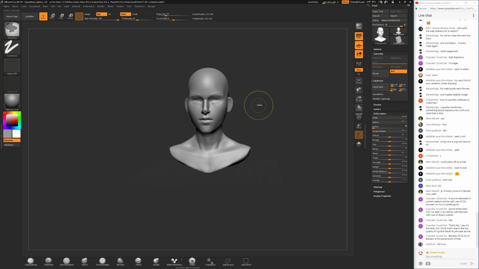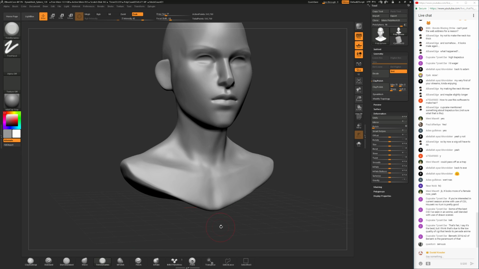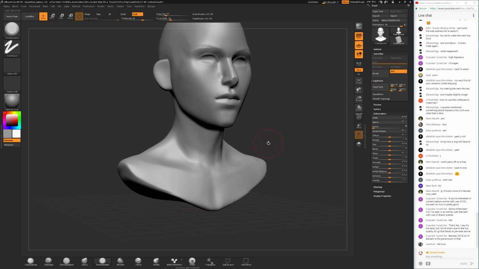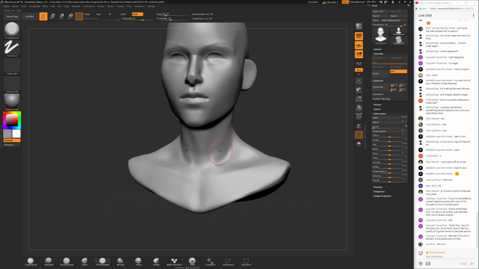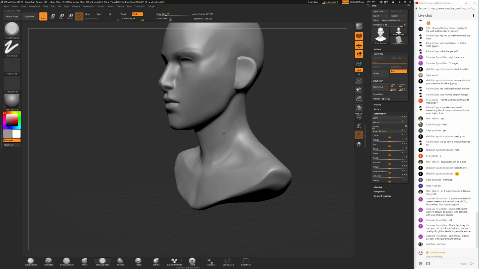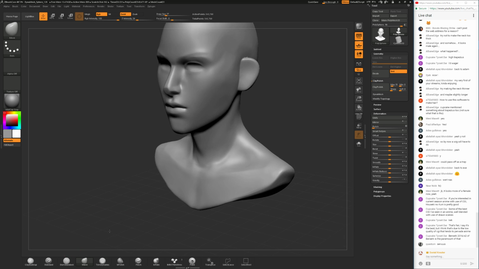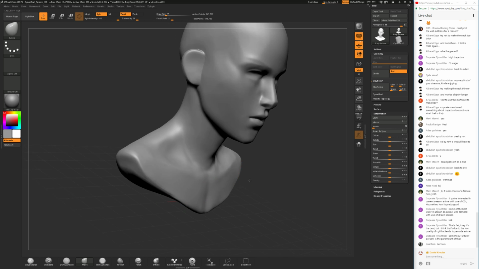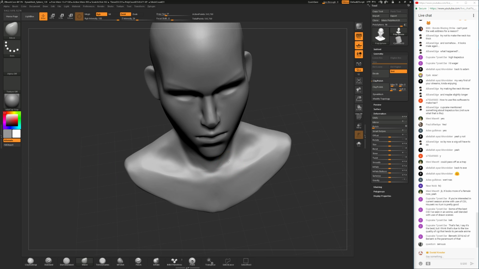Let's see. I'm not sure if that made it look better. Let me try to make it more subtle. It's often about the balance between subtleness of anatomy, because you have all the knowledge and you want to show that you know it all.